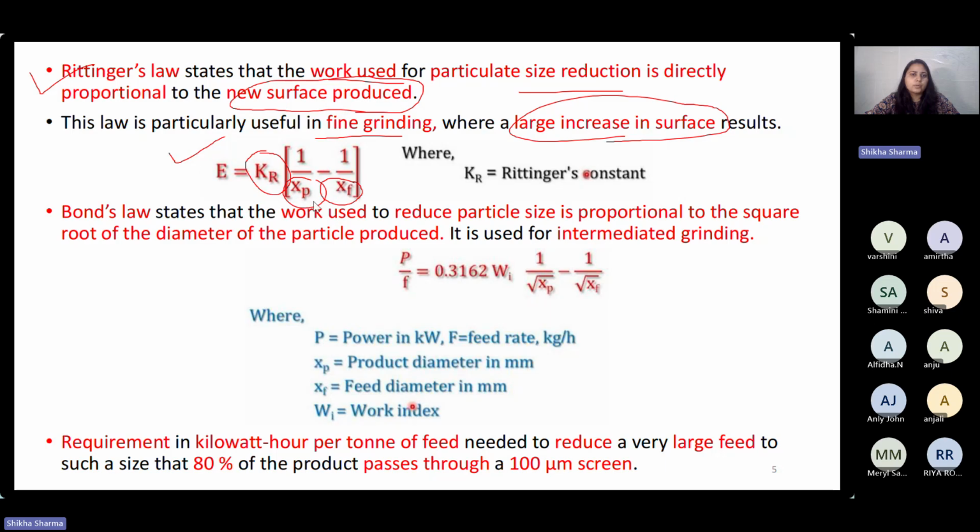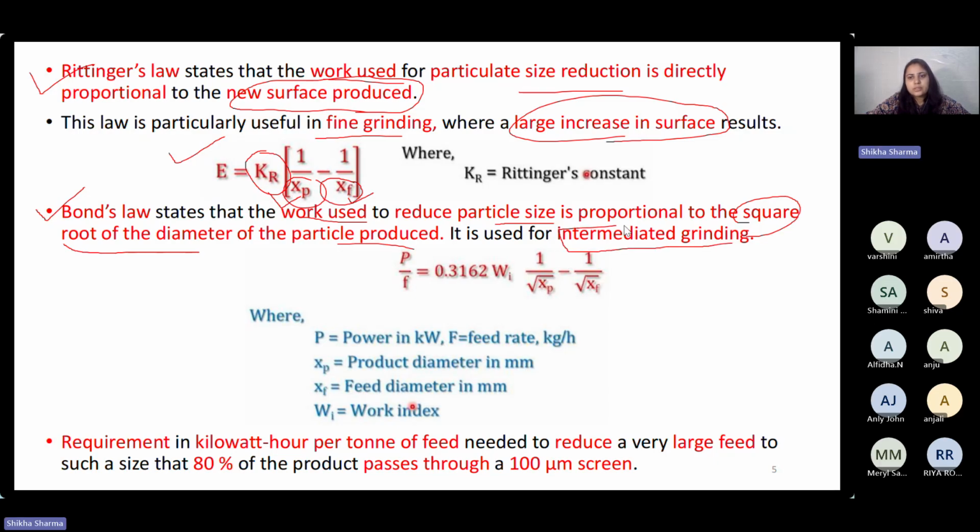So 1 upon xp means 1 upon the final product diameter minus 1 upon the initial or feed product diameter. Then next is Bond's law, the third law, which states that the work used to reduce the particle size is proportional to the square root of the diameter of the particles produced. So it is used for